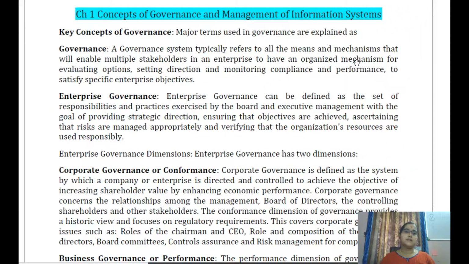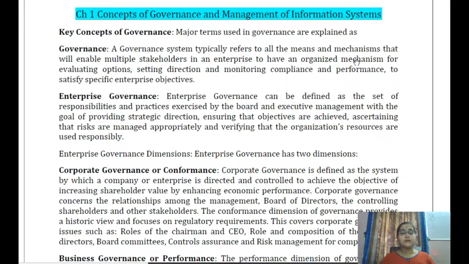But of all this, the important thing is, what is the name of the chapter? I think we should always first try to understand the name of the chapter before we start. The name of the chapter is concept of governance and management of information systems. So without much delay, let's get started with chapter number 1. So friends, now let us begin chapter number 1, concept of governance and management of information systems. In this, first we need to understand a few terminologies. The first one is governance. What is meant by governance?